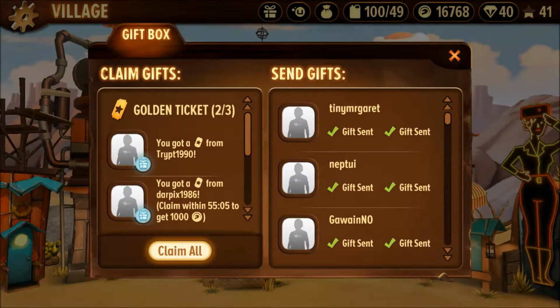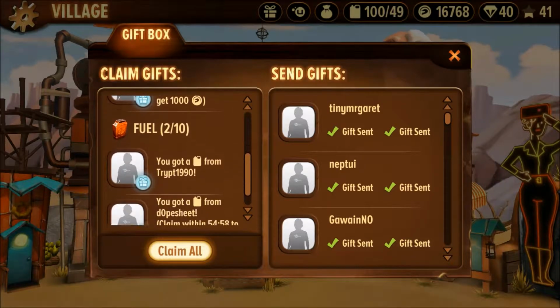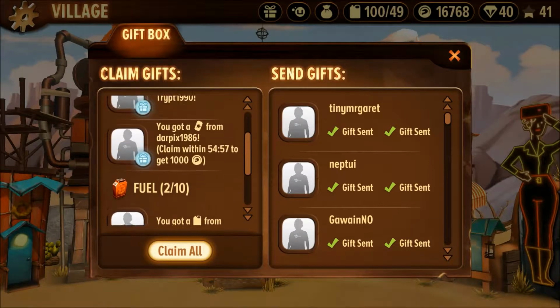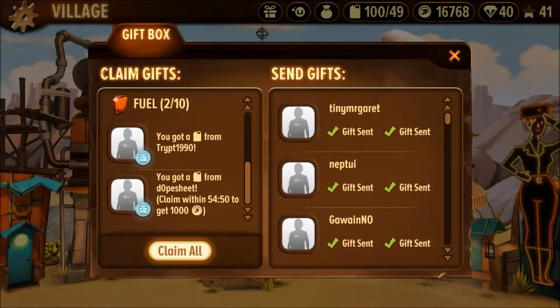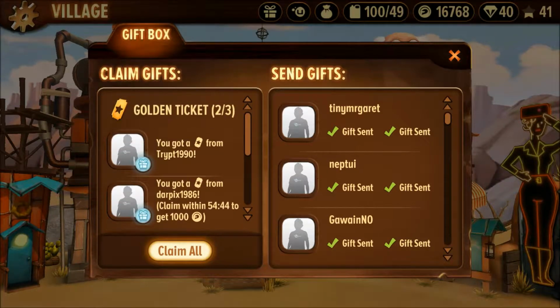If you click on the gift box, you'll see that I have some tickets pending, waiting for me to claim, and then some fuel. You can see that I can get as many as 3 golden tickets at once, and as many as 10 fuel gifts at once. So the one thing I would like to point out that I think